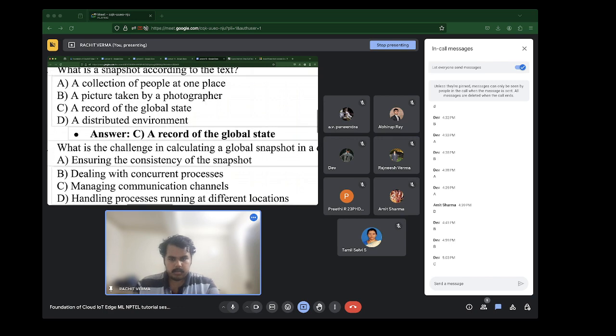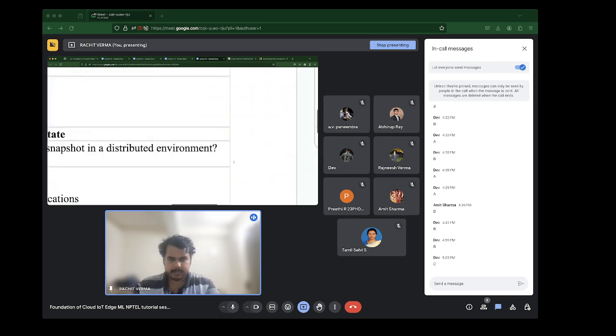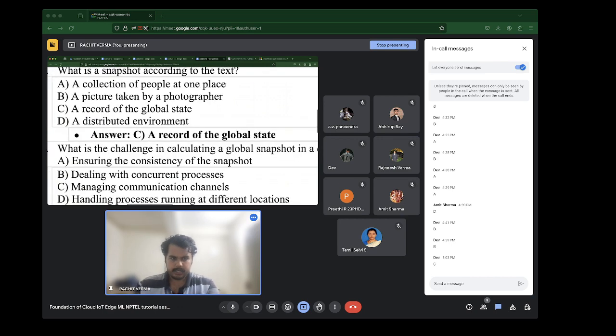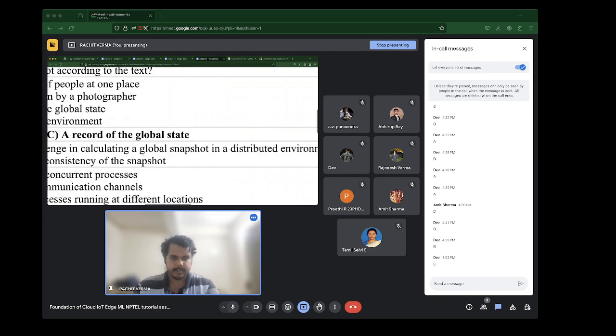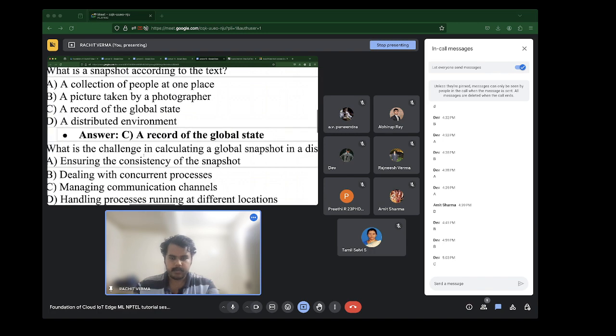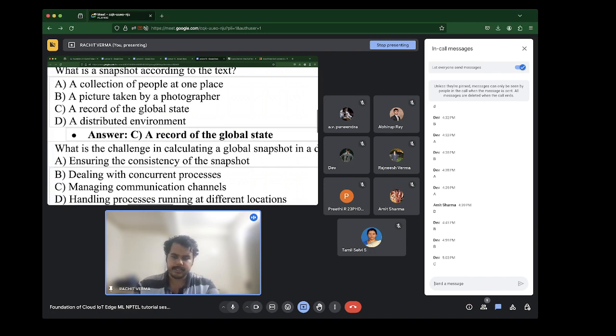What is the challenge in calculating a global snapshot in a distributed environment? Is it A, ensuring the consistency of the snapshot? Now this can have multiple correct answers. A, ensuring the consistency of the snapshot, B, dealing with concurrent processes, C, managing communication channels, or D, handling processes running at different locations.